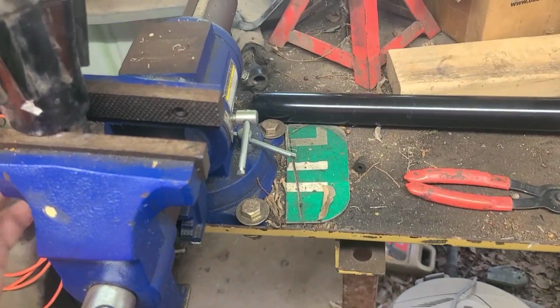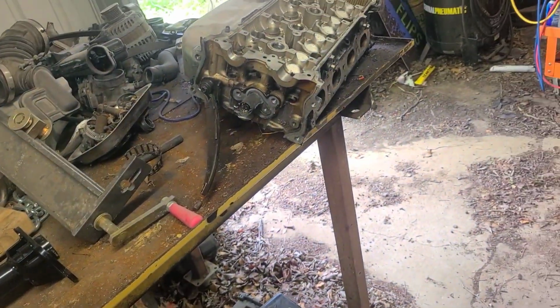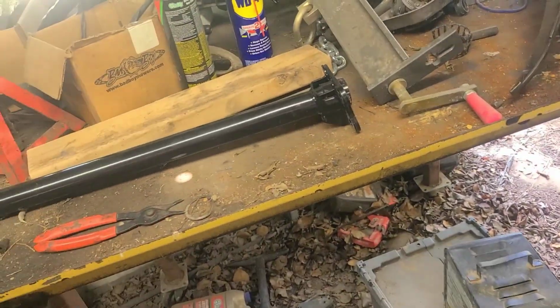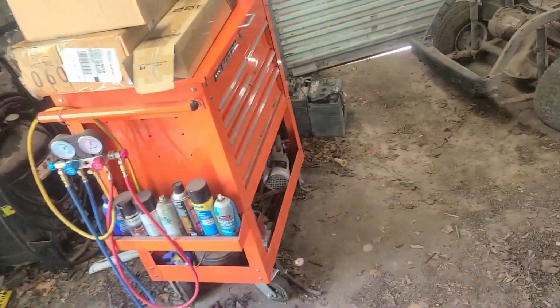I thought the floor was just bent, but the tube and the floor is bent. So use that tube, got the floor straightened out, got it looking good. And I was going to switch all this over and bolt it up. But in taking my break